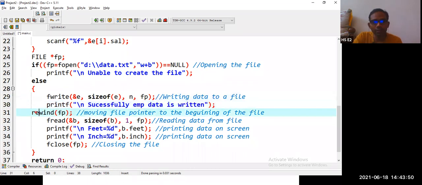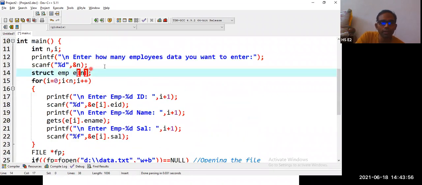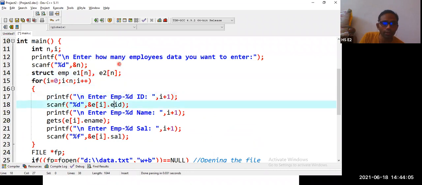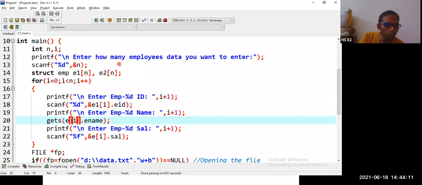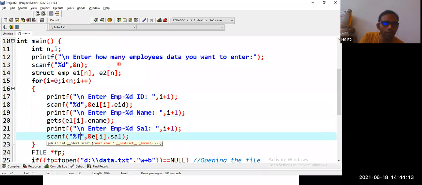Then rewind the file pointer, fread again ampersand. Now we need to take one more array. So let us take e1 of n, comma, e2 of n. So we are taking two arrays in order to distinguish. So e1 of i, then here e1 of name, then here e1 of salary.